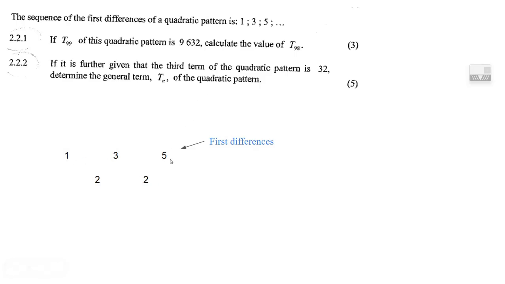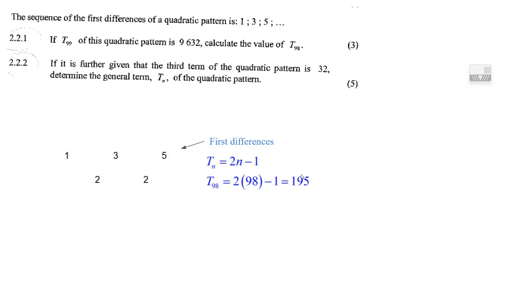What we need is a formula for the first differences. It's going up by 2, so it's 2n minus 1: 1, 3, 5. There's the formula for the first differences. The 98th difference is just 2 times 98 minus 1, it's 195. So when we take the 98th term and we add this to it, we'll get the 99th term,